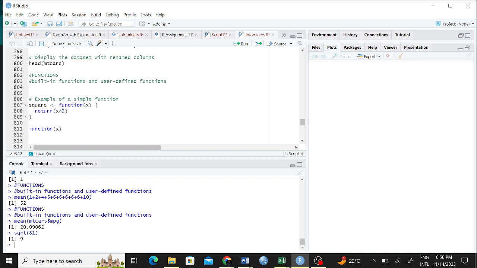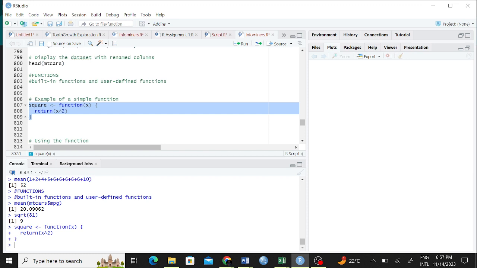So x, of course, how do you get squares of numbers? You have to raise it to power 2. If you are writing a function for cube, then you'll call maybe this one is a cube, right? Function, then maybe x, then here you'll have x raised to power 3. Return x raised to power 3, right? Yeah, so that is what is supposed to be returned. After running it, so R